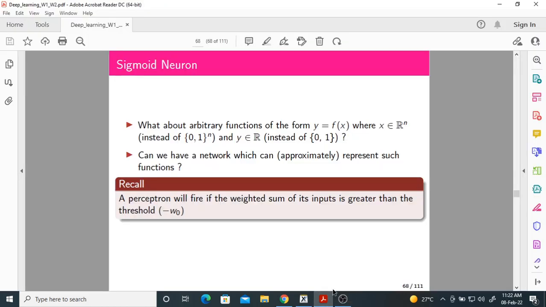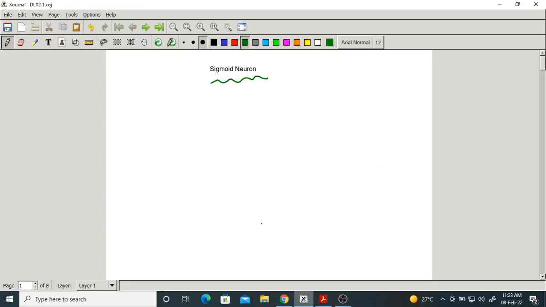So today we start with a new topic, that is sigmoid neuron. Previously we have dealt with the McCulloch-Pitts neuron as well as the perceptron. Now we'll see something called the sigmoid neuron. But before that,